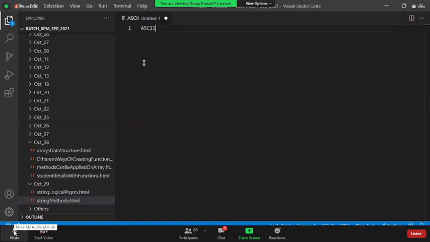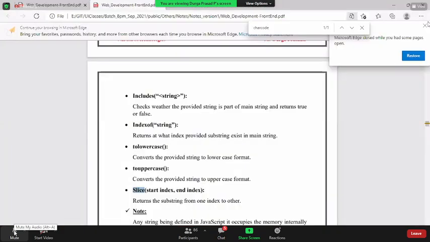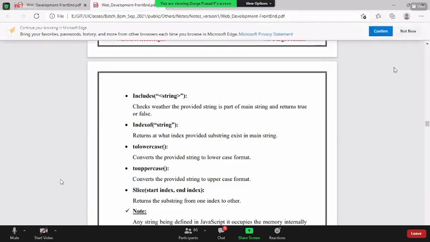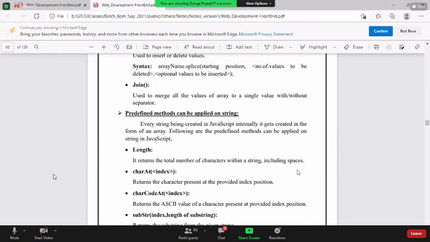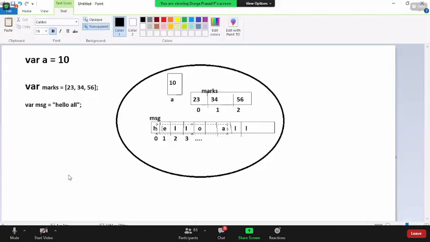String methods are very simple. Before going into them, we need to understand the memory allocation of a string. Whenever you create a string, internally the memory is allocated like an array, in the form of individual characters, and an index value is assigned to them. That is why you can access characters through the index value.